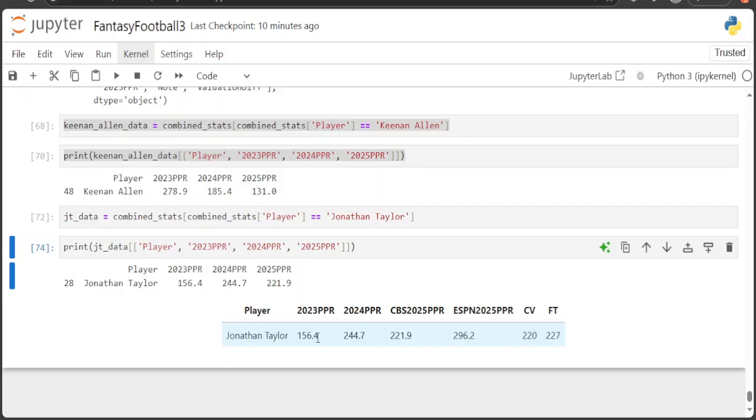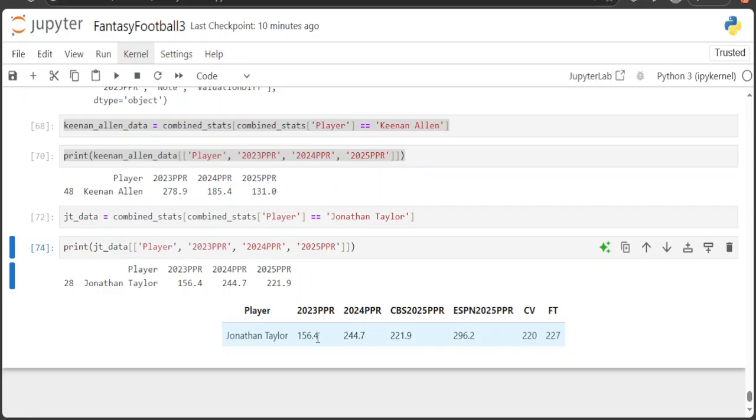I think at that point he was hurt or holding out for a bigger contract, something like that, and that's why he only played 10 games. He had 169 carries. Then in 2024 he had 244 points, significantly better, and he had 303 carries,